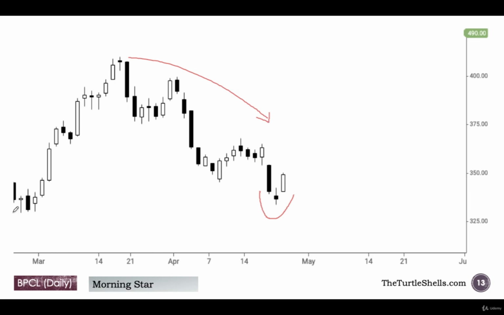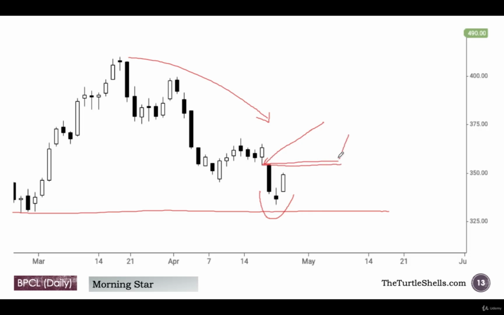Also look at the support area here. That support area has been respected by this Morning Star pattern. One negative would be this gap. You see here, this gap. Probably we can't see it with the naked eye, but with the software, if we expand this, we might see the low between the low of this candle and the high of this black candle. If there is a gap, if there is a vacuum, if there is no price action, then that gap becomes our resistance area. So in that case,